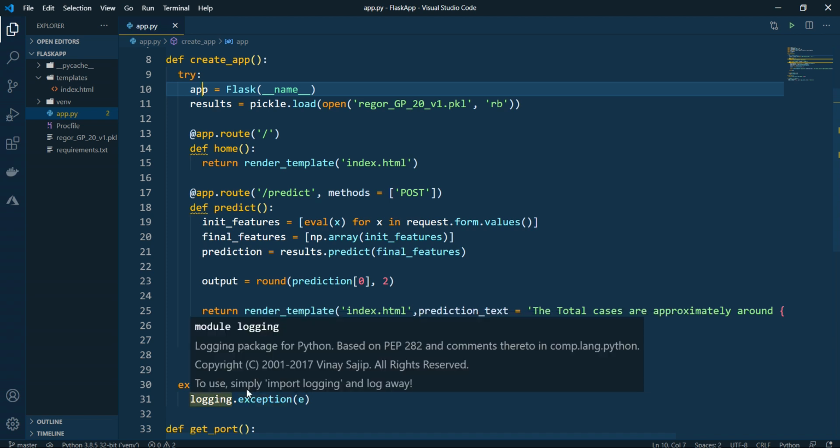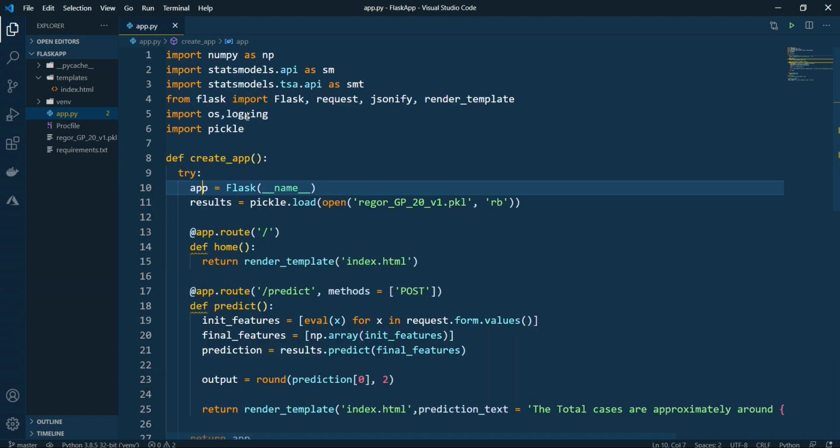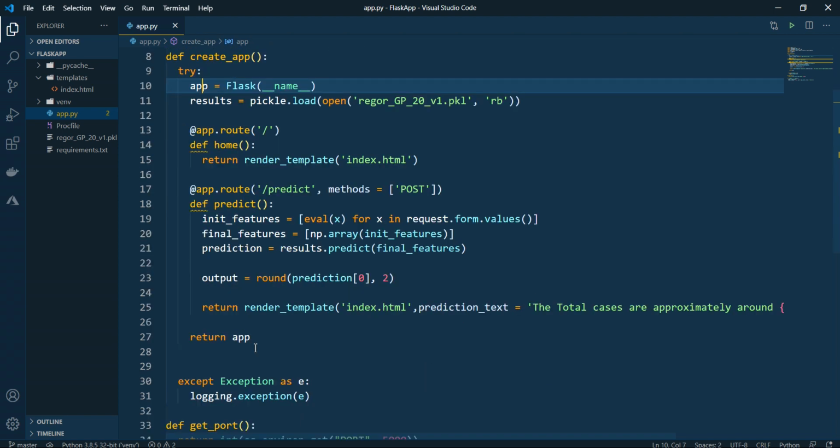That's why I have this module logging, and inside this, logging.exception. So if there are any system related issues, or any web server or other issues, they will be logged inside the logs for your system. It will be thrown on your command line or on the bash.